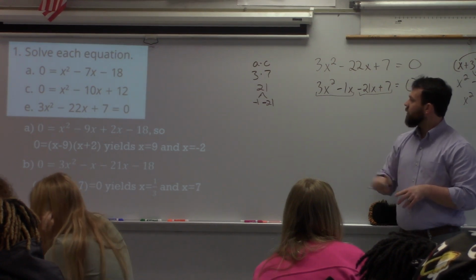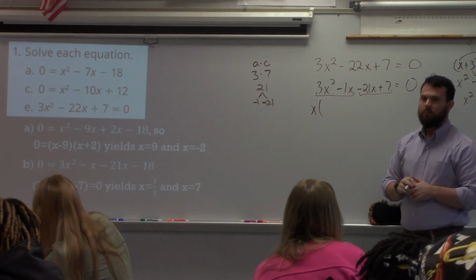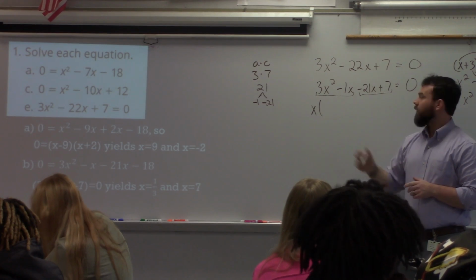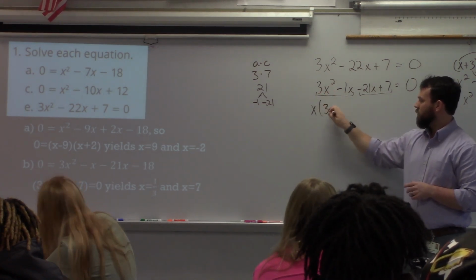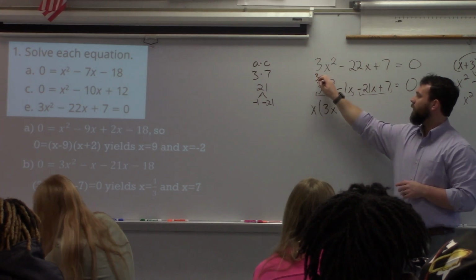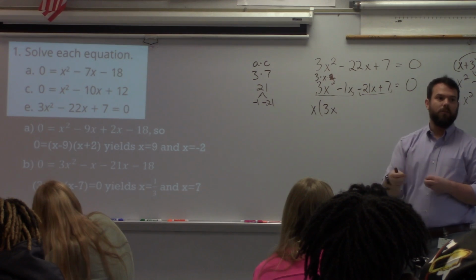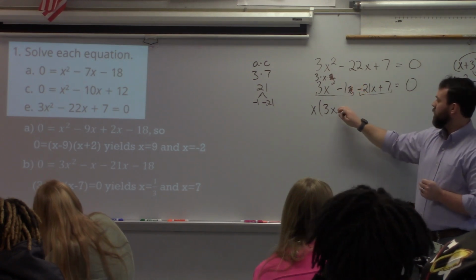Common factor is x, right? I can divide an x out of both. So then, if I factor out one of these x's, what am I left with? 3, 2. Oh, I'm choosing. So remember, I'm factoring out the factors. That's 3 times x times x. I factored out that x, so I'm still left with 3x. I factor out this x, so I'm left with